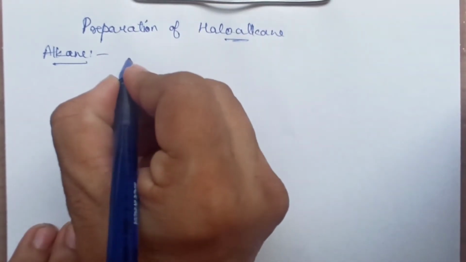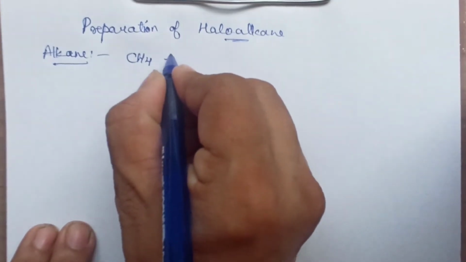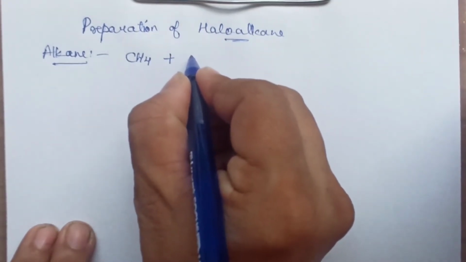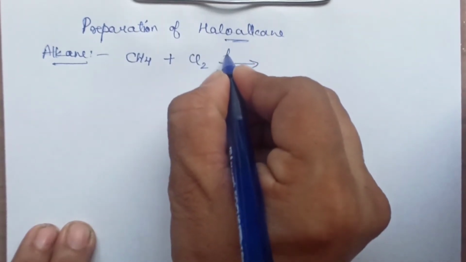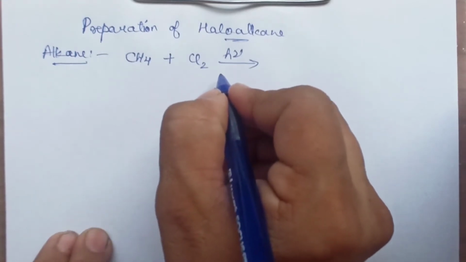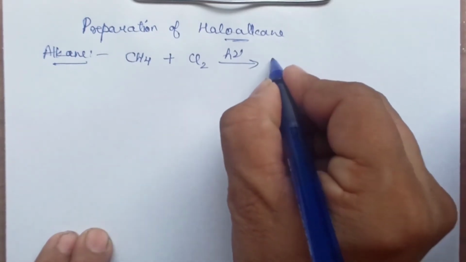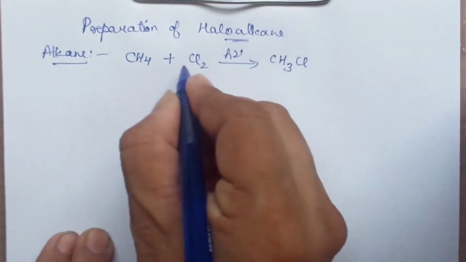Alkane. So suppose I take the basic alkane, say methane. From methane, if I have to prepare, I'll take any halogen, let me take say chlorine. The reaction will occur in the presence of sunlight. This reaction we have done in 11th class also. This occurs in the presence of sunlight and you get first CH3Cl, and one H and one Cl will